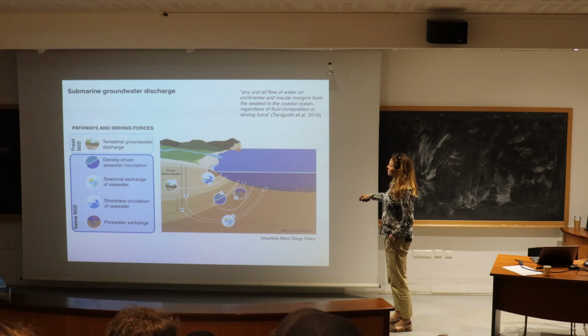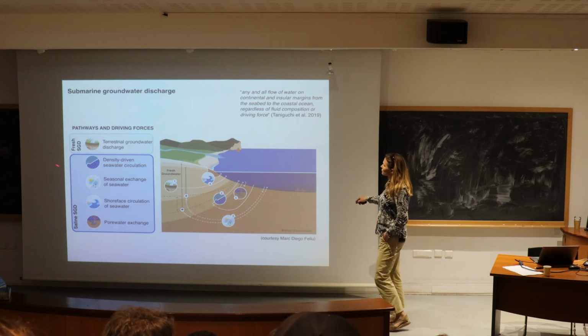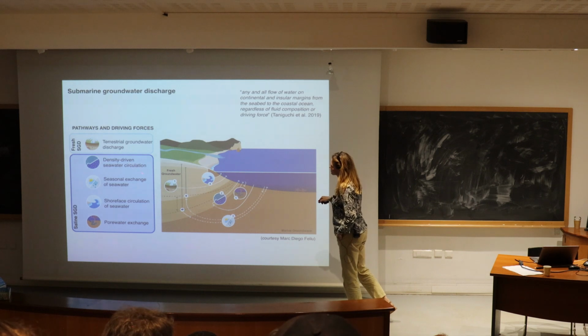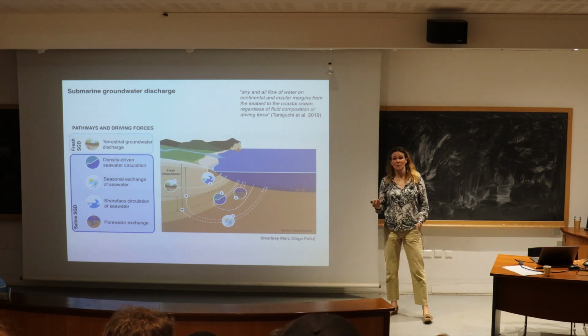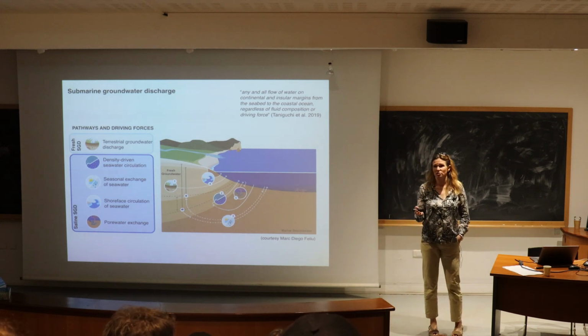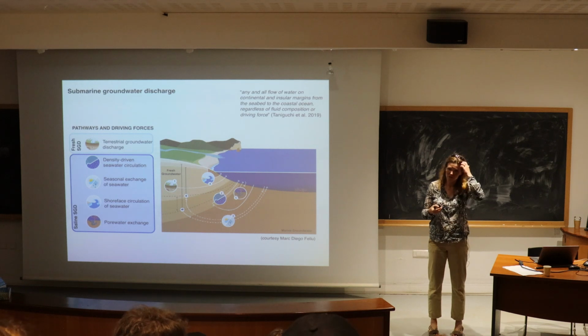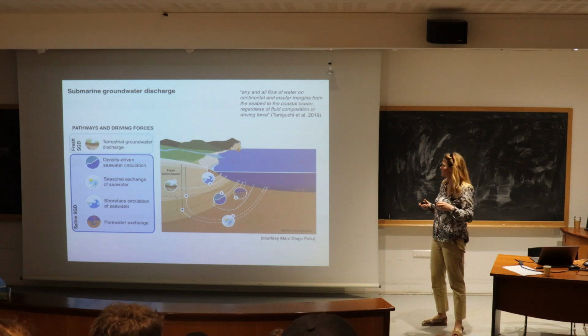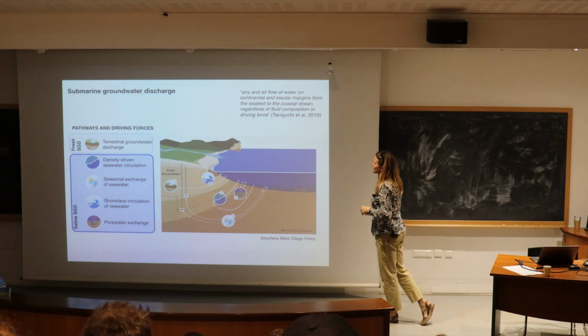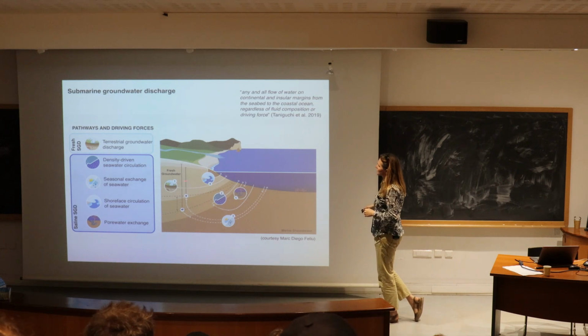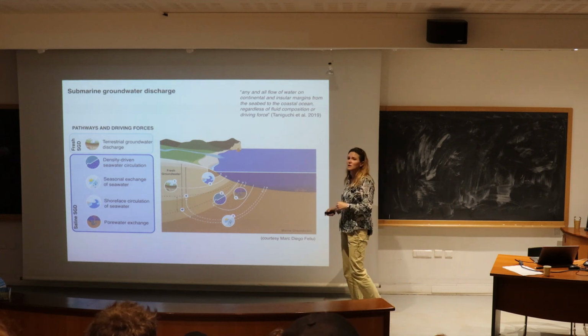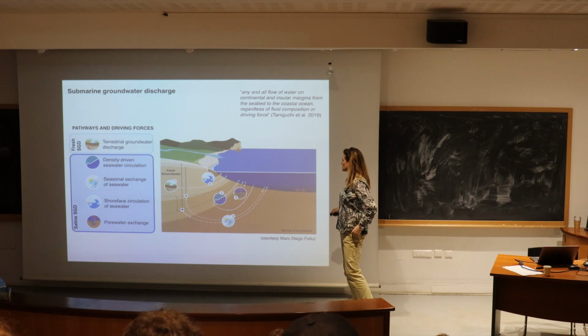So one of the things that we want to know when we're thinking about chemical fluxes is how much of the water is coming from land to sea, because the chemistry of fresh groundwater coming from the land, where humans live and where the ecology is obviously very different, is going to be different and affect surface water quality along the coast if we have enough of that outward flow in a concentrated way.